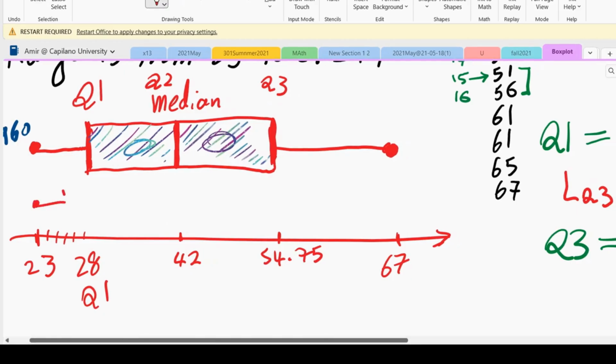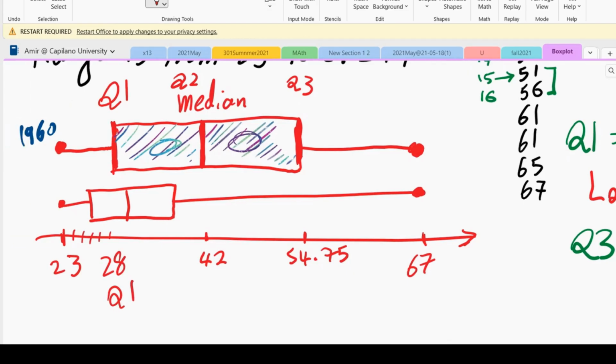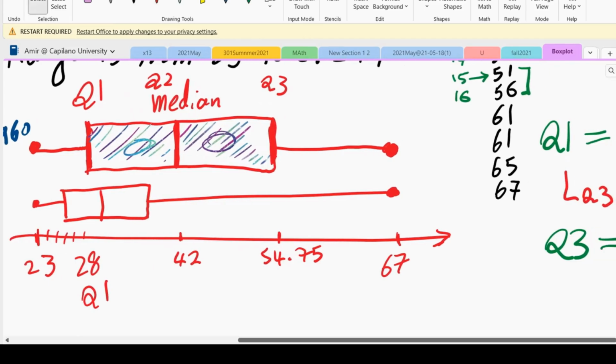When we draw the box, it is like this. Now tell me, what do you understand? Notice that I'm not giving you any explanation other than this description of median, quartile 1, quartile 3, and so forth. What has happened in this society from 1960